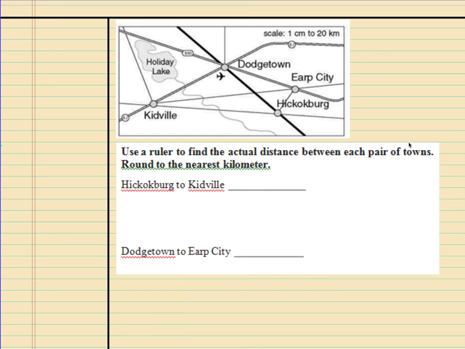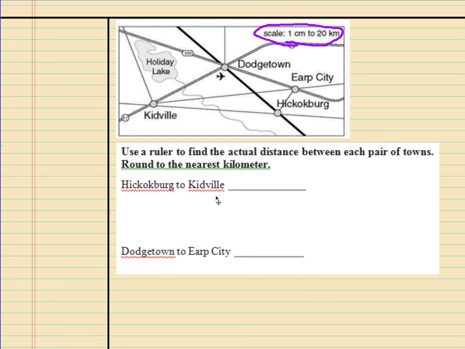Okay, so here we have a map. First of all, of course, look for the scale, and the scale is up here. The scale shows us that 1 centimeter in the map is equivalent to 20 kilometers in real life. Now here are some questions. It says, use a ruler to find the actual distance between each pair of towns, round to the nearest kilometer, and ignore the underline here. But basically, the first question says